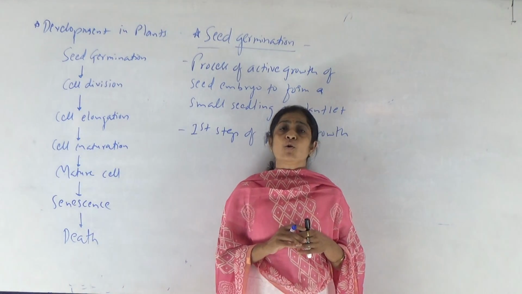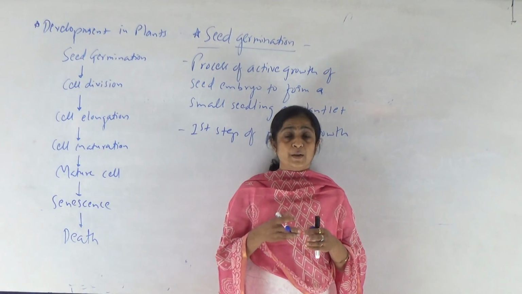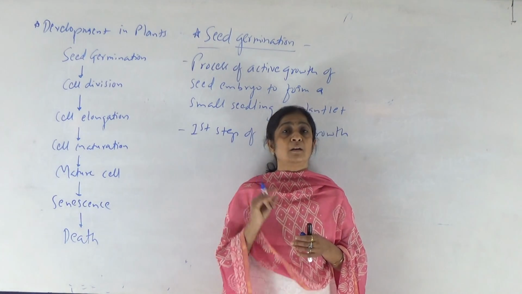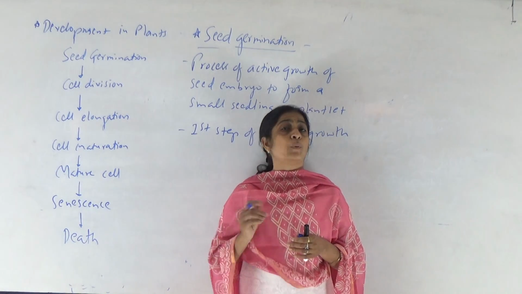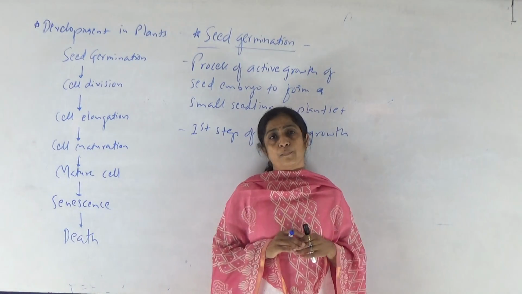The lower tip of the embryo axis is the radicle. After proper growth of this radicle, it protrudes or emerges outside the seed through the micropyle in the form of a white colored rod shaped structure, which penetrates into the soil and converts into the primary root. And from that radicle, later the root system is formed.